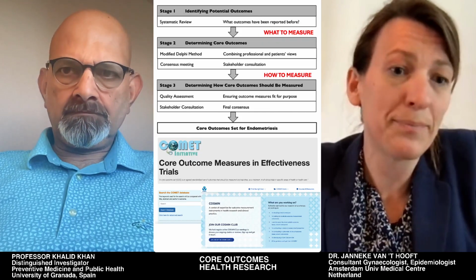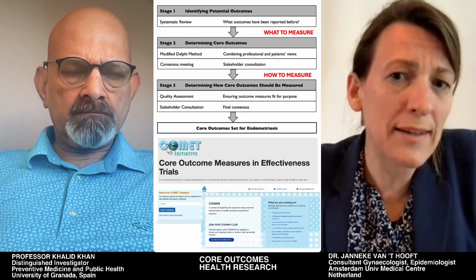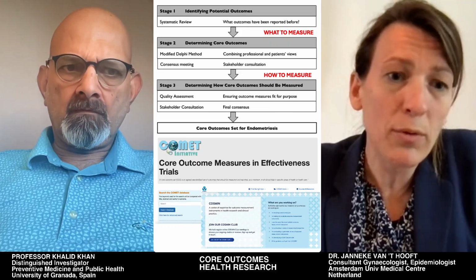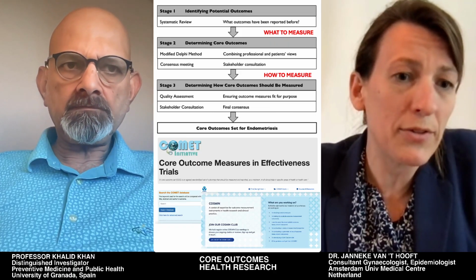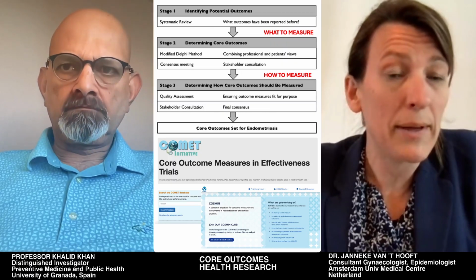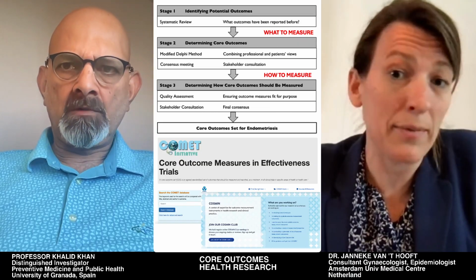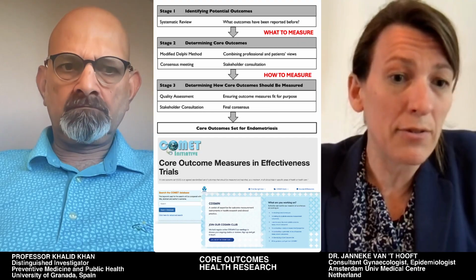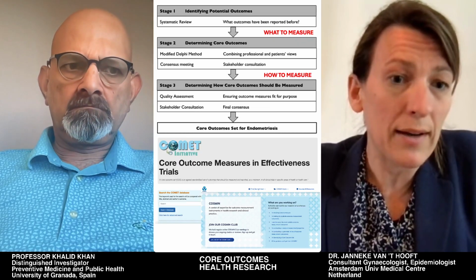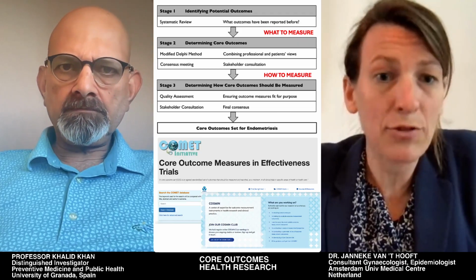What is COMET and COSMIN? So those are the organizations that help you with the quality of this research. So the COMET website is very useful because you can look at the projects on core outcome sets that are being developed or already finished. So you can see if your idea is new or might already have been done by another research group. And they also provide methodological advice and also reporting guidelines. And the COSMIN website is useful for the how to measure stage.